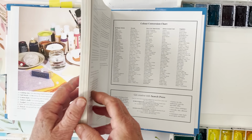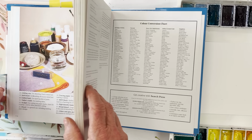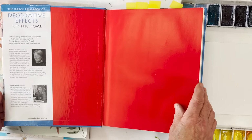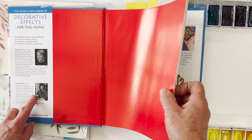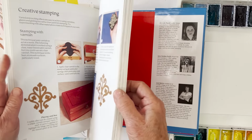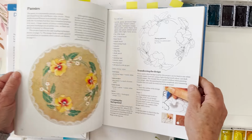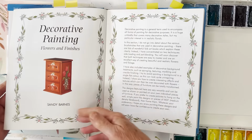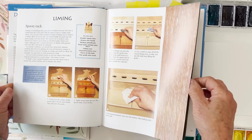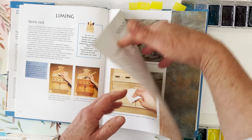I like that kind of thing, because it makes me think, that book was speaking to me, it was calling to me. I even know the names of some of the people who did this, Lindsay Durrant, Sandy Barnes, and so on. These are people, they might be a few years older than me if they're still around. I opened it up and I thought, oh yes, I have actually done some of these things. I've done some of this decorative painting over the years. I wonder if there's something in here that would inspire me for a painting today. So I started flicking through,